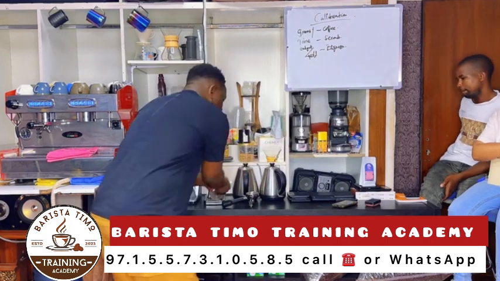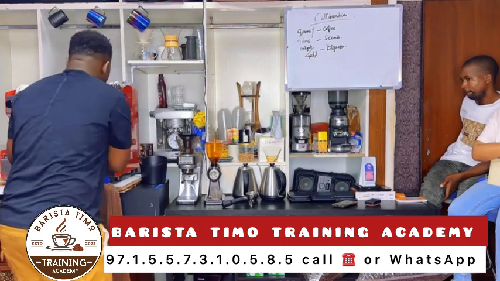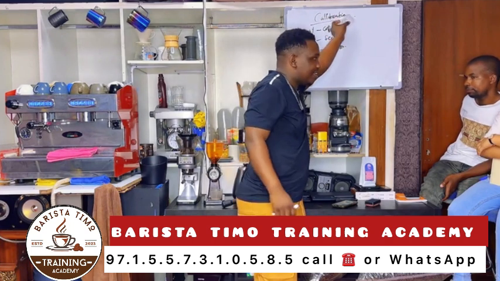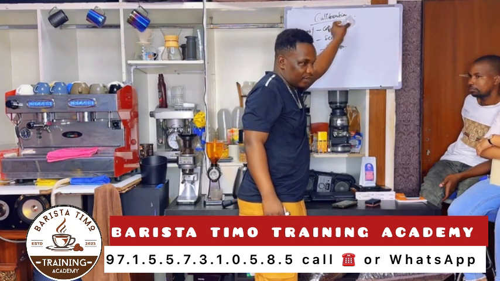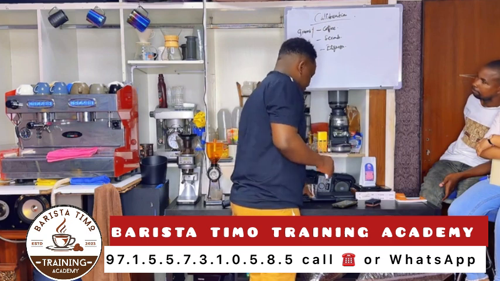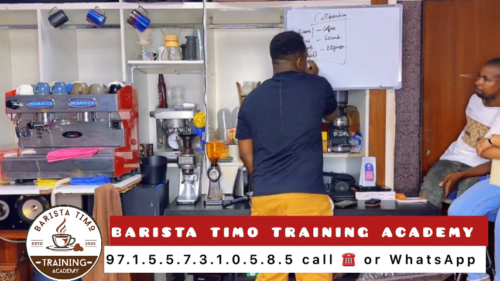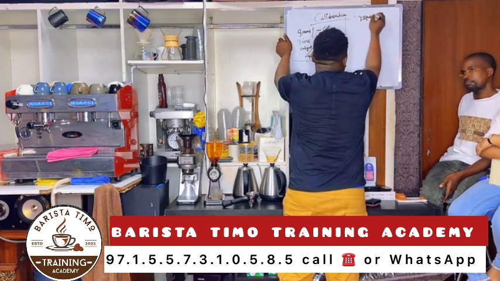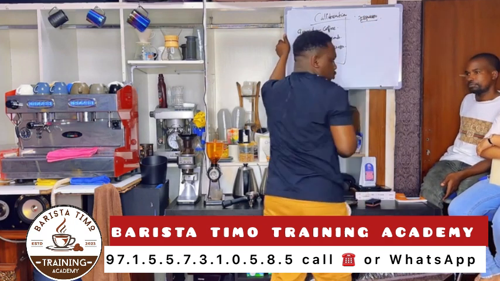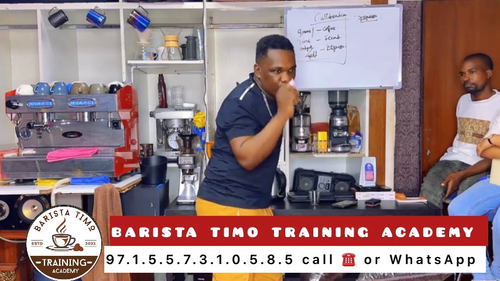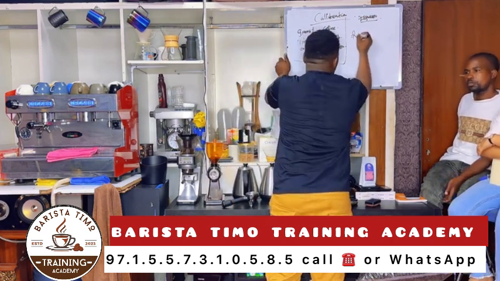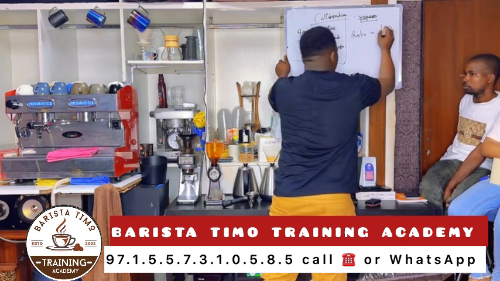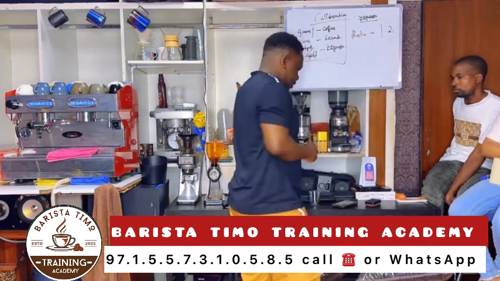You understand? How much coffee do we bring, and in how much time do we get this espresso that we have in our cup? This is what we call espresso calibration. Now we go back to basics. When we are making espresso, we extract espresso on a ratio of 1 to 2. Now, I want you to be very attentive of this.